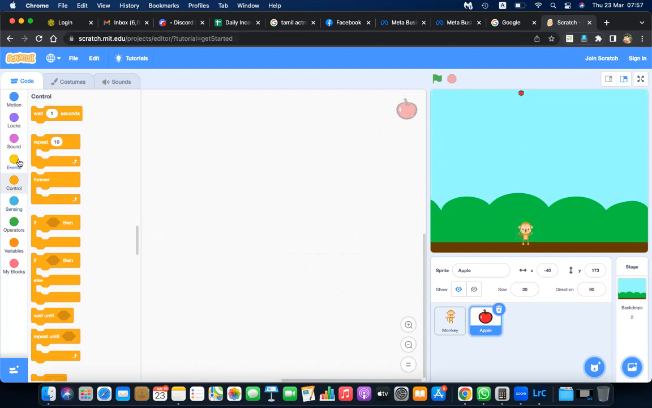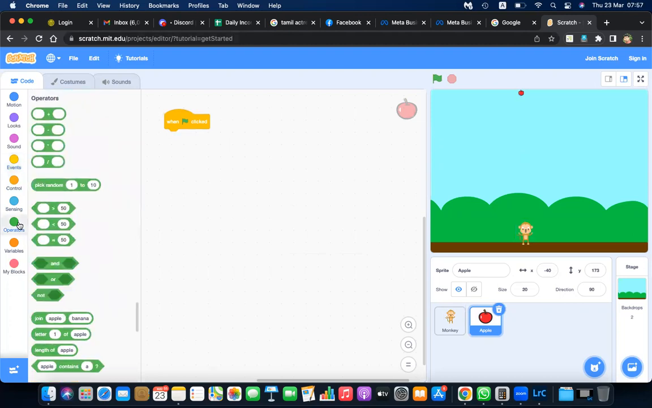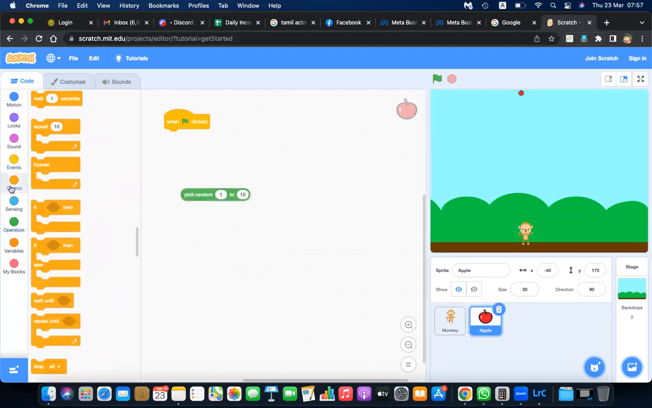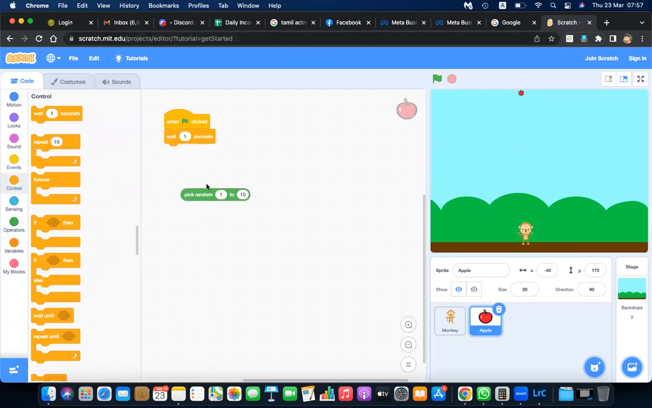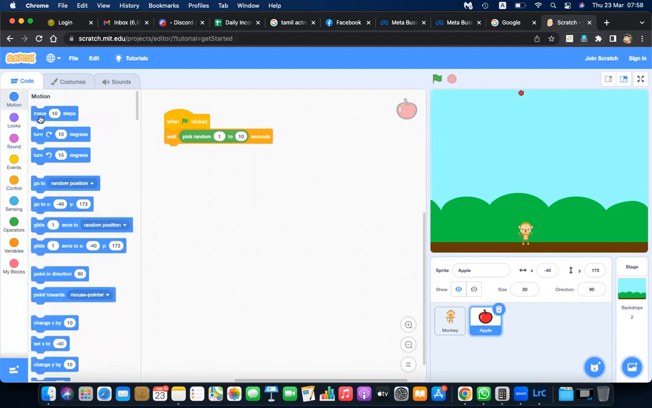So what you can do is, event, in the case of flag click, what does it need to do? Operations, so pick a random. You need to wait a random time using wait, and after that it should fall down. One thing is you can glide it, and there are many options. You can glide, or you can use the motion. You can move this apple downwards, but